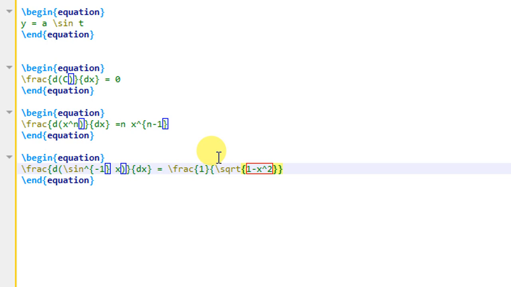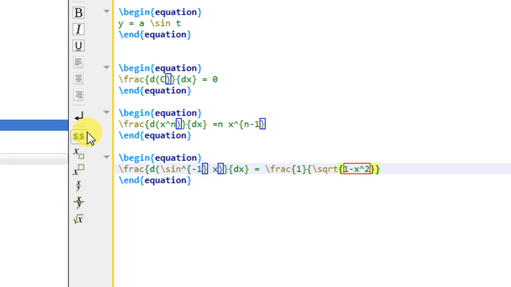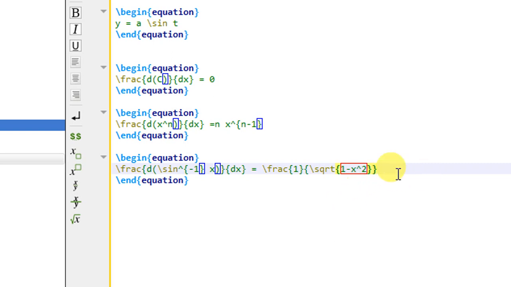So if you know how to write down the fractions, how to write down the square root, what are the commands used for these fractions and square root, if not, the short buttons are given here, you can utilize them. And if you are well aware of all these commands in advance, it is very easy for you to write down the mathematical equations. It will take much more or less time as compared to the equation writing in MS Word.